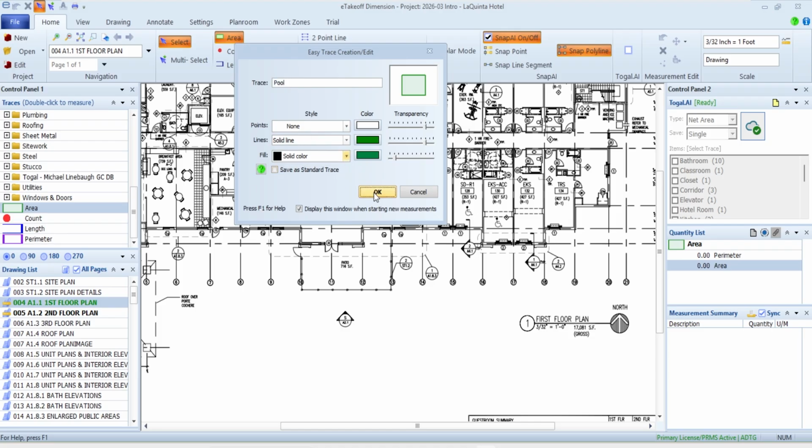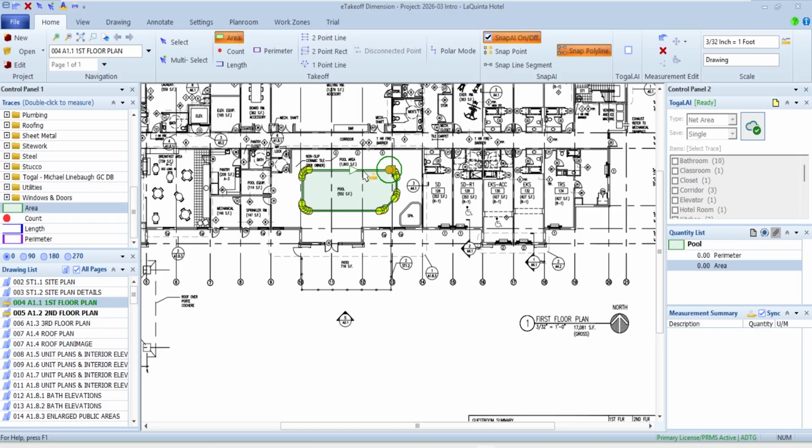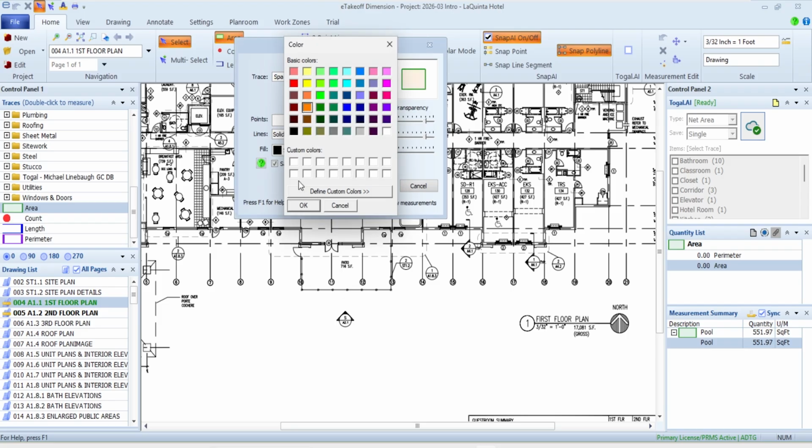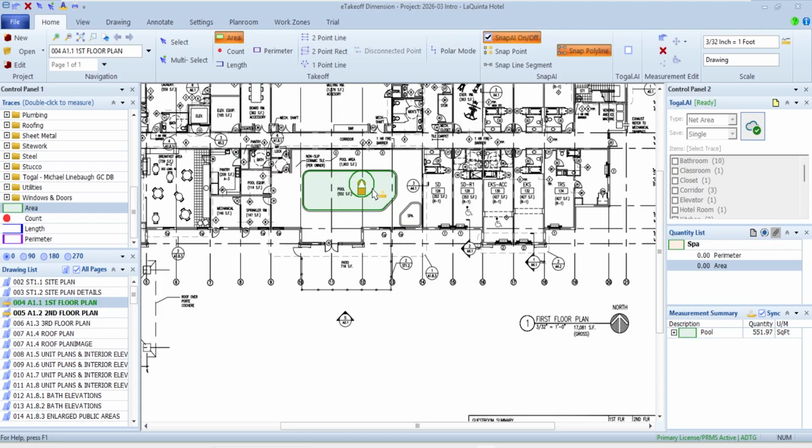It's not going to be a standard trace, and that would be fine. I'm just going to say that I've got it, and let's go back and do a quick area on the spall, and maybe we'll change up colors a little bit. I don't need it to be a standard either. So I've got 551 square foot for the pool and 56 square foot for the spall at the moment. So let's say I went through and I've taken off all the objects out of one.